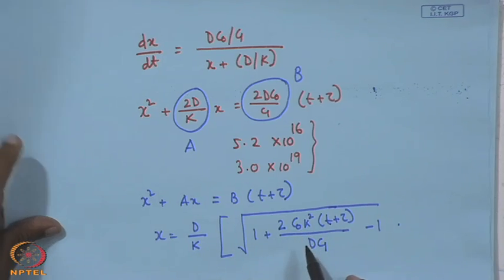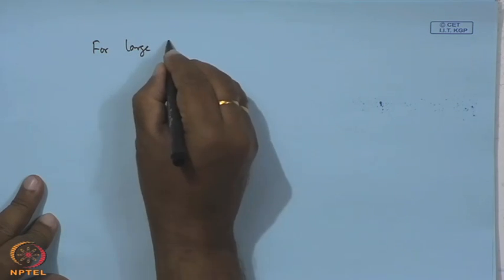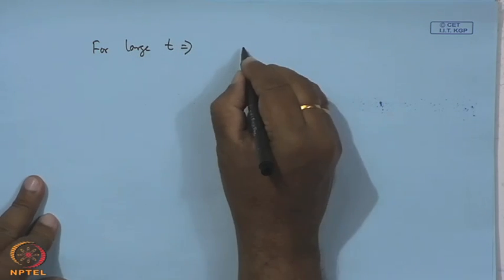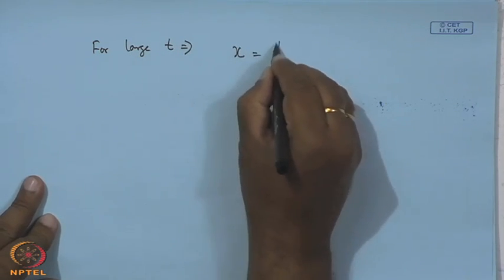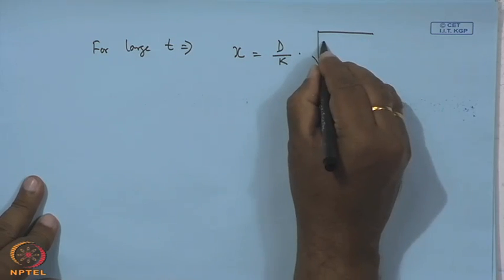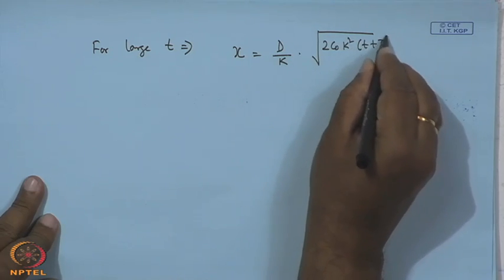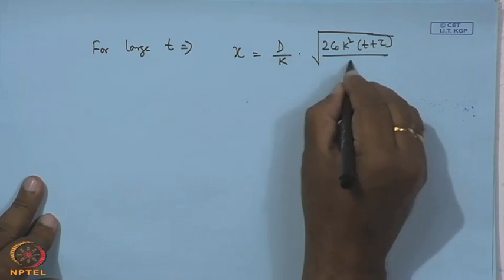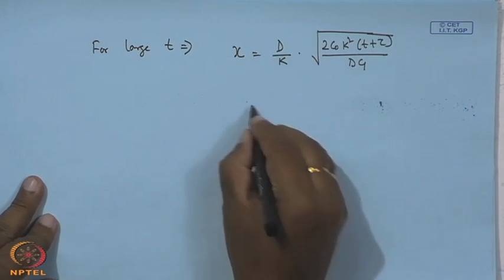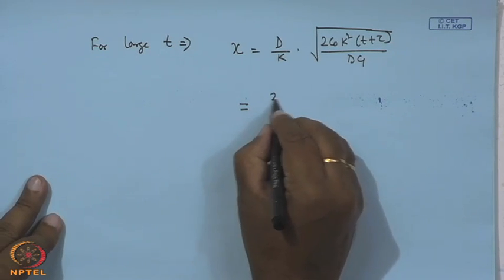So, we can write that for large t, x equals d by k root over of twice C 0 k square into t plus tau by d C 1, and which boils down to 2 C 0